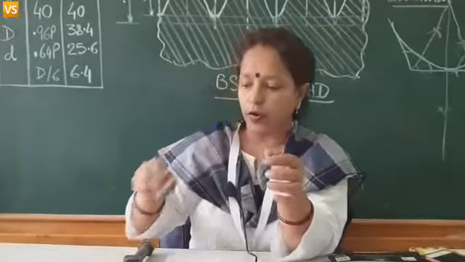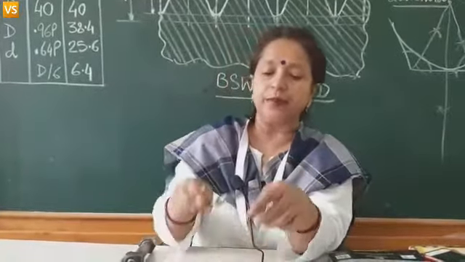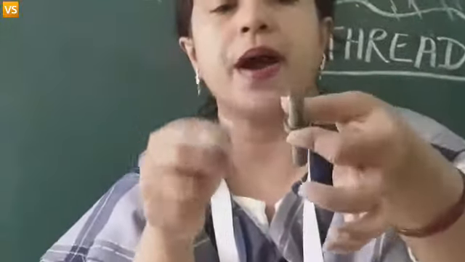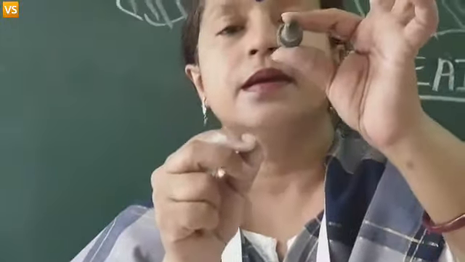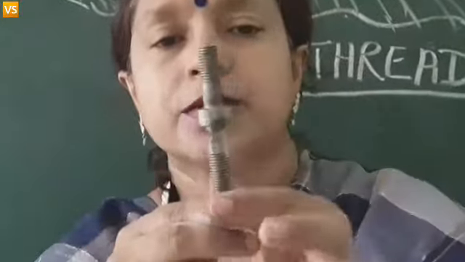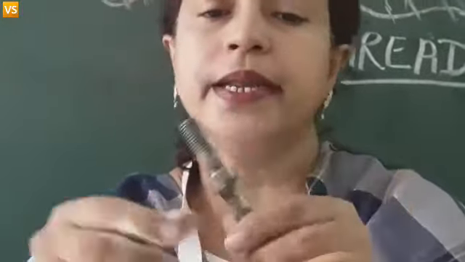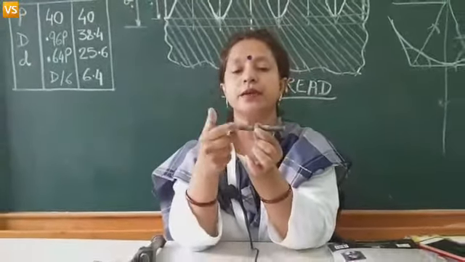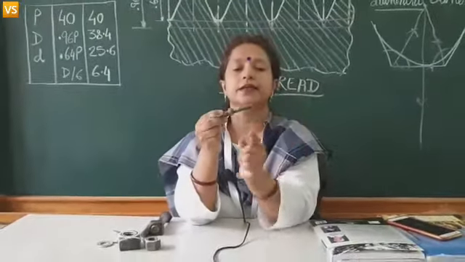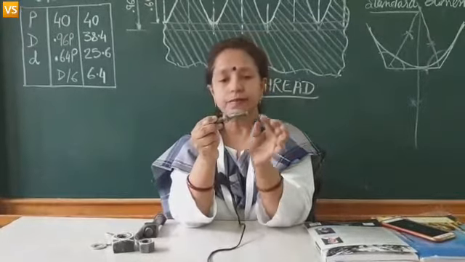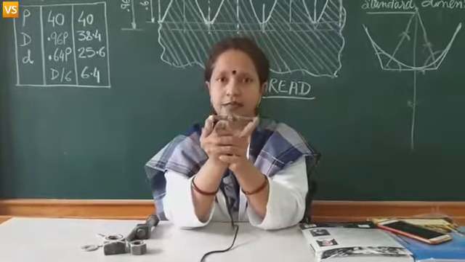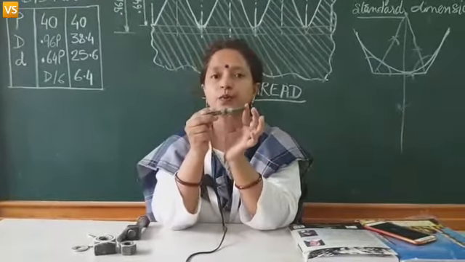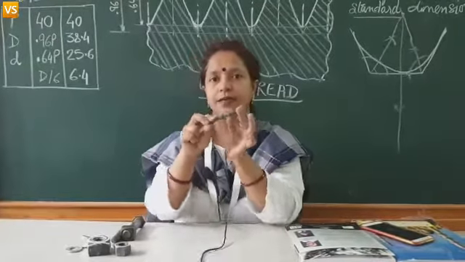I do not have the model of that, but then there is one more stud, and that is collar stud. So, this part, this circular part you can see, is called collar. Again, this smaller end which I am holding is the metal end, the longer end is the nut end. So, this is about the studs. As far as drawing them is concerned, we are going to study them in our theory class. Thank you.